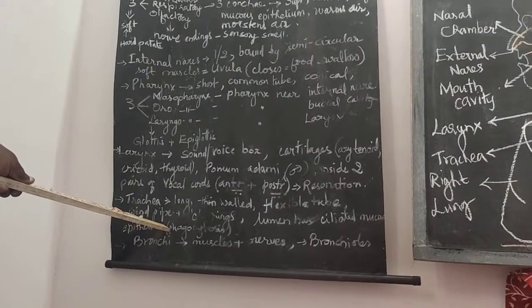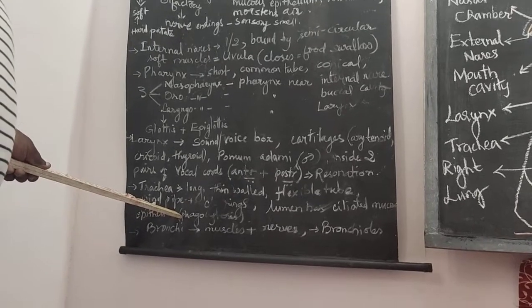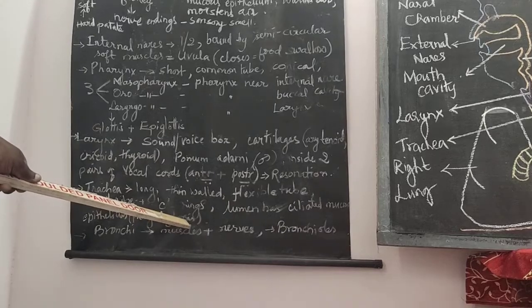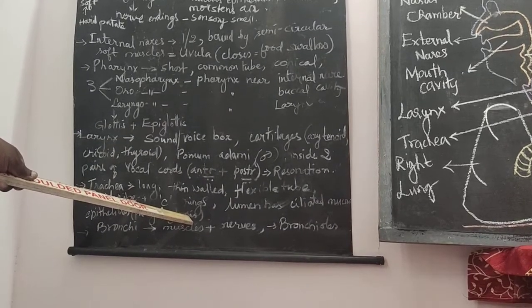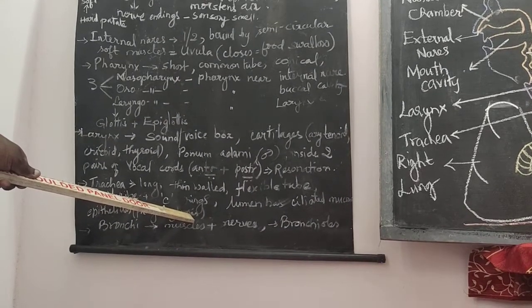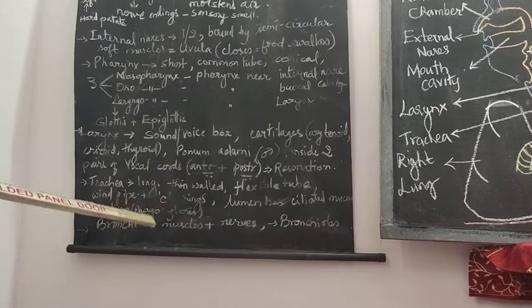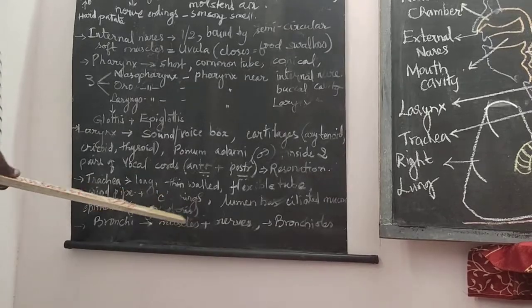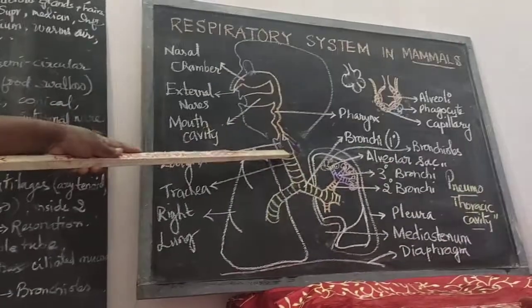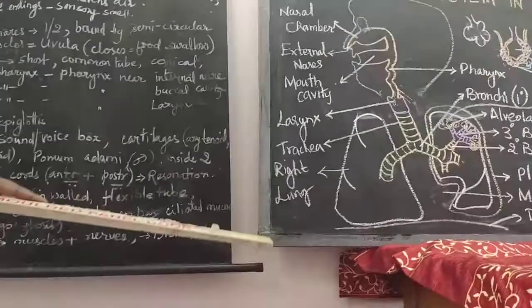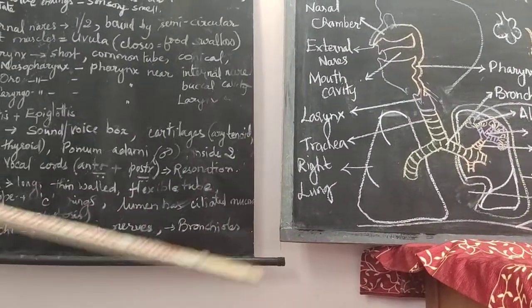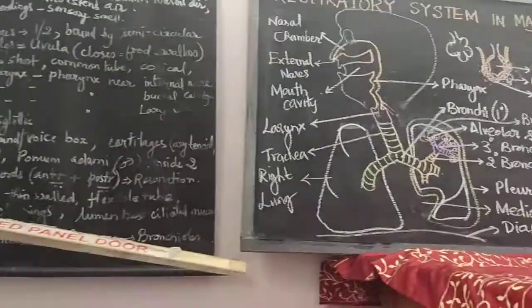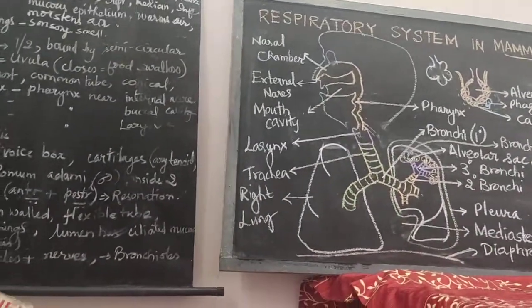These ciliated mucous epithelial cells have the ability to secrete mucus and kill the bacteria or any other pathogens that enter the respiratory tract. They also have C-shaped incomplete rings outside on the windpipe, which help in preventing the collapse of the windpipe structure. So they help in keeping the cavity wider all the time.